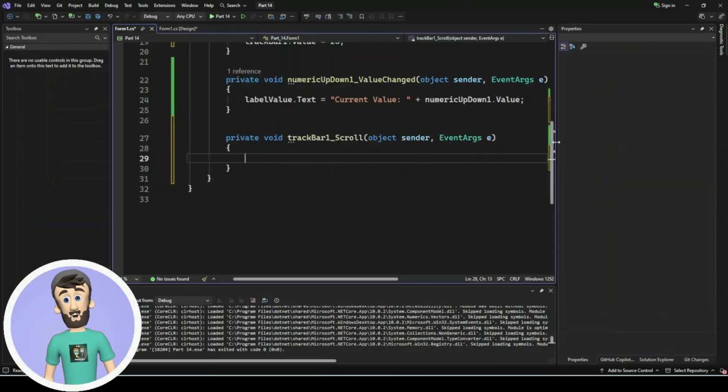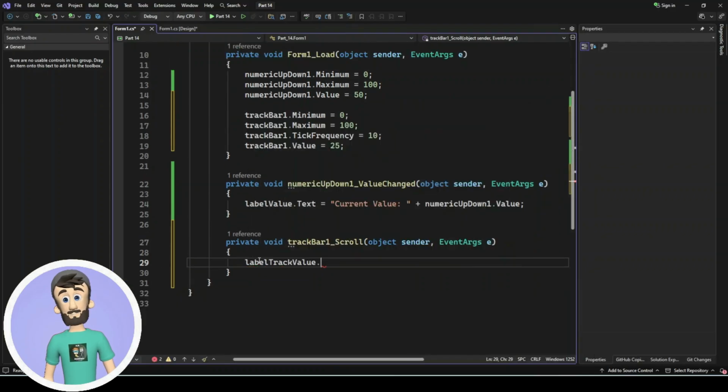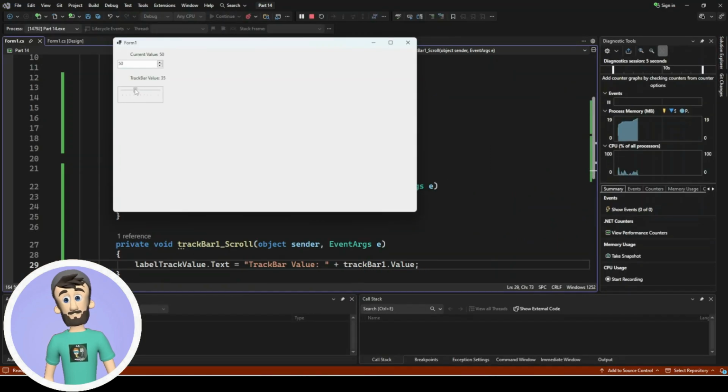Capture changes with the scroll event. TrackBars are great for volume controls, brightness sliders, or custom ranges. That is also very easy and useful in many tools, to interact with the user or